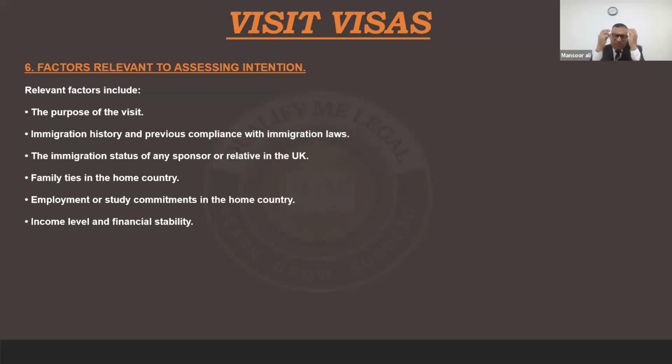bank statement. A number of times people raise this question: what should be the minimum and maximum balance? As far as the Home Office guidelines or rules are concerned, there is no criteria according to my point of view. But it's your responsibility to satisfy the Home Office that I have ample funds in order to come and go. I have enough funds to justify this visit. For the sake of argument, if your client is going to the UK for 10 days, you should have that money